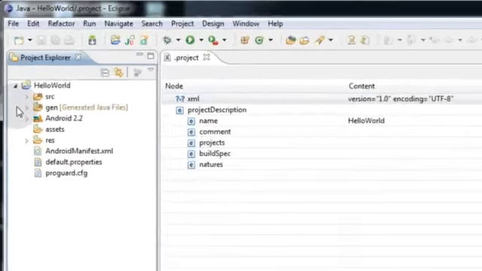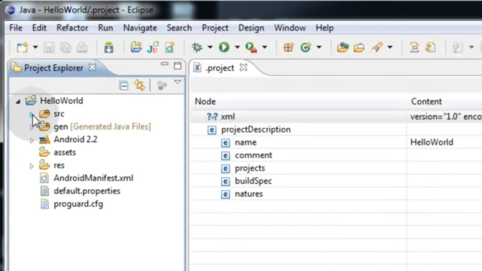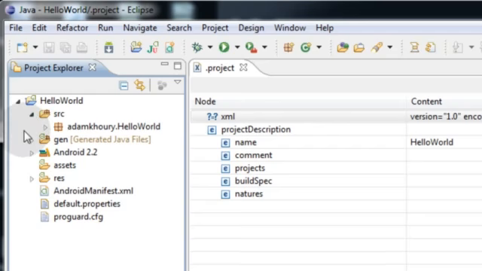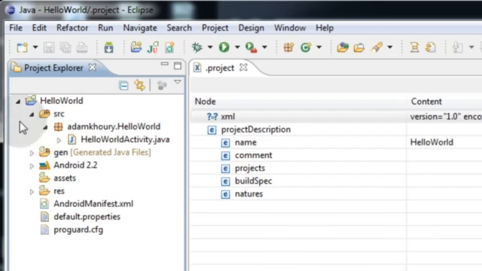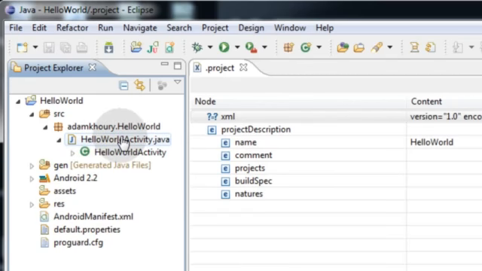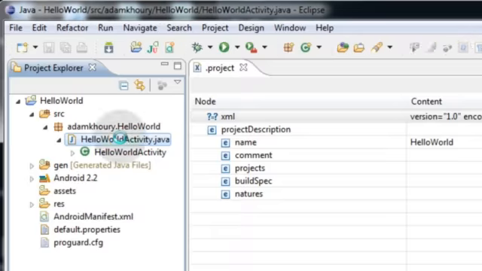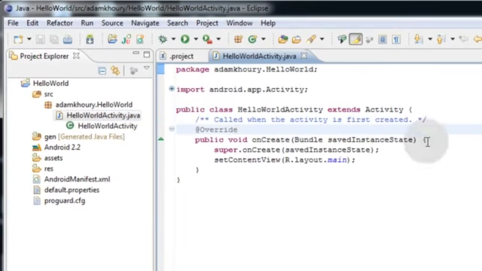Project Explorer. So what I'll do is click on this little arrow to expand that source folder. Then I'll expand this arrow till I get to a file that says .java. Then I'll know that's the source code for my package or my application. So I can double click that and it'll load into the window here. So you can see the code for the Hello World Activity subclass, which is a subclass of the Activity class